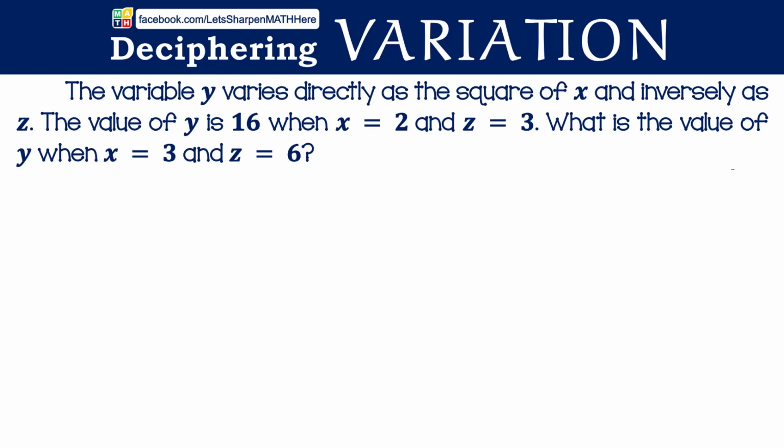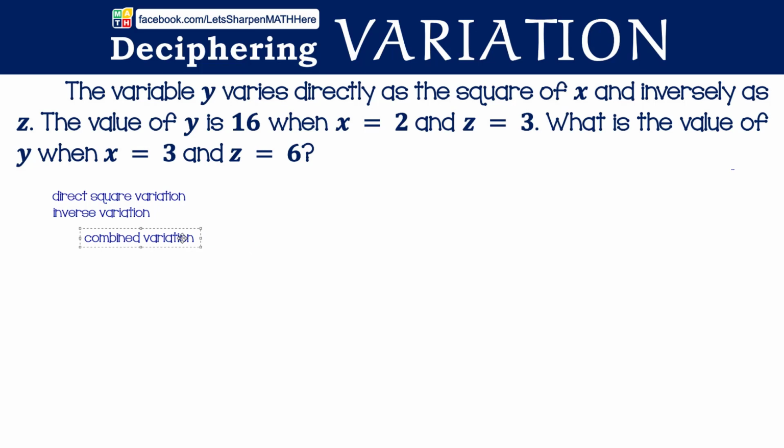When you look closely at the problem, there are two different types of variation that this exemplifies. The first statement, that y varies directly as the square of x, is under a direct square variation. But when you read it further, you can also see "and inversely as z." This means that this also has an inverse variation. So there are two different variation statements here, and with that, this is actually an example of